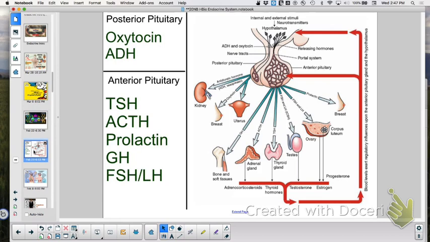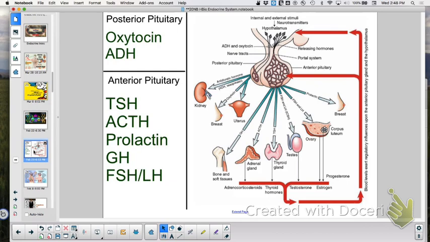The hypothalamus is full-on nervous system. Pituitary is full-on endocrine system. The two are connected by a stalk. And there are 2 lobes to the pituitary gland. The posterior pituitary gland, post-pit, drops down in the back, directly connected to the hypothalamus. The hypothalamus has neurosecretory cells that stretch down all the way into the posterior pituitary. These neurosecretory cells secrete the 2 hormones that the post-pit releases. He doesn't even have to make them. He's like, okay, I take them, I hold them, you tell me when, and then he will release them.